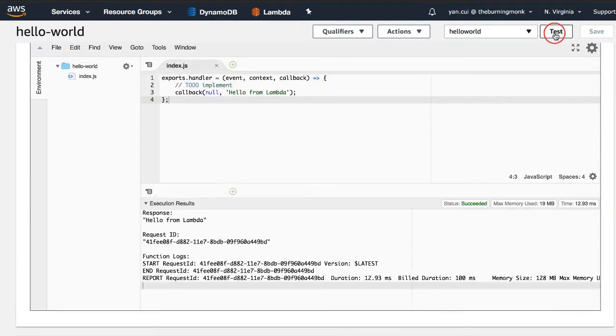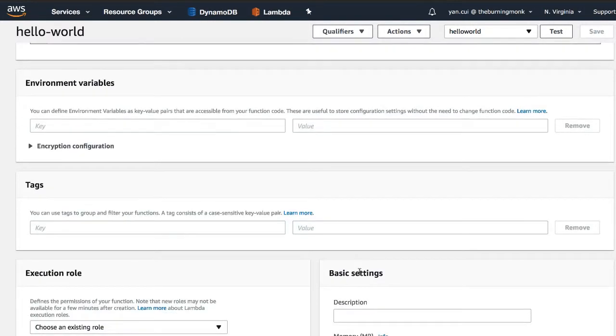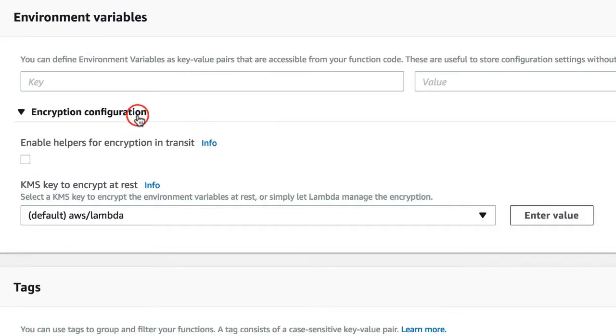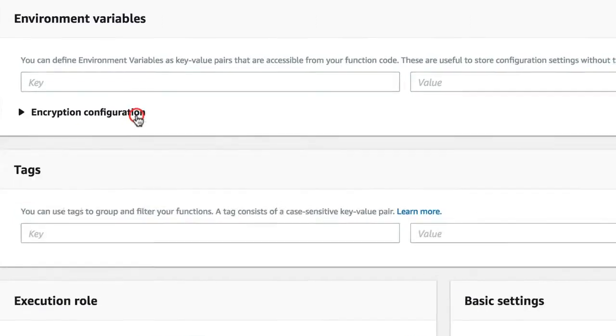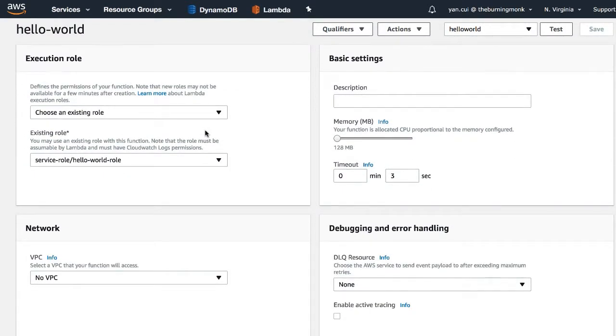Now, let's test. And you'll be able to see the output and logs from the invocation in the editor. If you scroll down, you can set the environment variables for your function and even have the Key Management Service, or KMS, encrypt them for you. More on this later in the config management section of the course. You can add tags to your function so they can be more easily searchable. We already created a new IAM role earlier, and we discuss function permissions in more detail in the security section